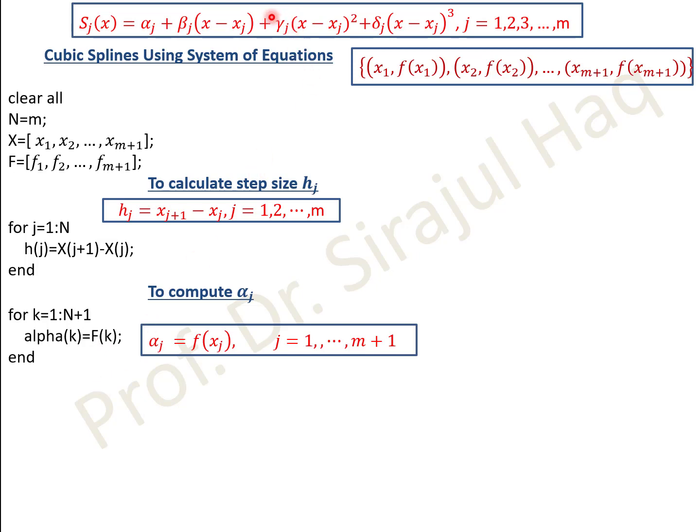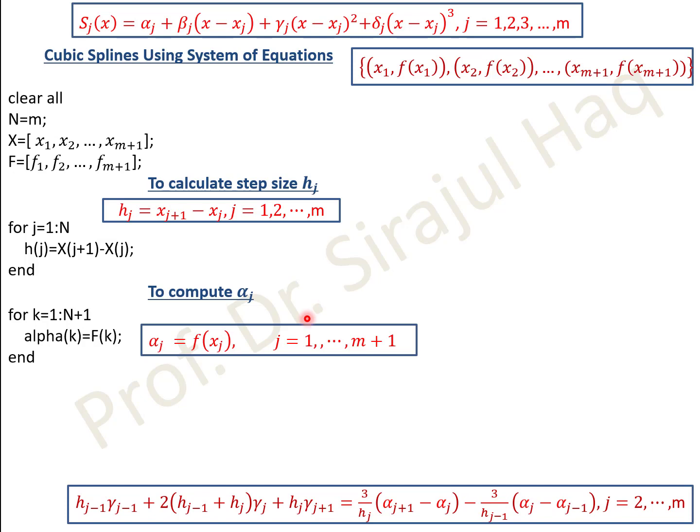In this case the Ci's I have represented by gamma i's. Again, this is the MATLAB notation. It's totally up to you. The next step is to go for beta, gamma and delta, but first of all, I will focus on gamma j, which in the last two lectures I represented by Cj. So let's focus on that.